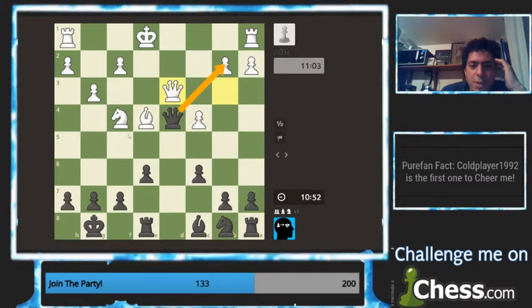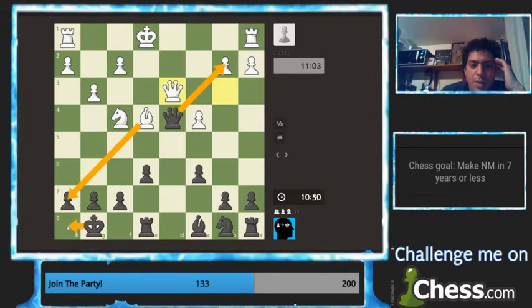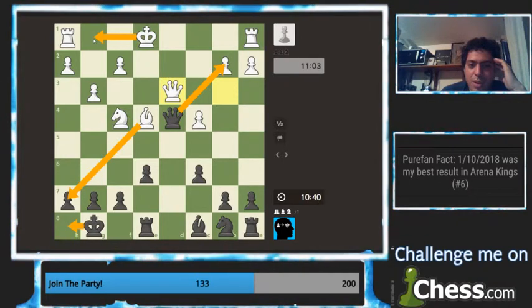This is very interesting though. Take here, here. The threat would be to take with check. So he would probably eventually finally castle short. And then do I have any tricks? I think I don't have any tricks, because I really don't want to...